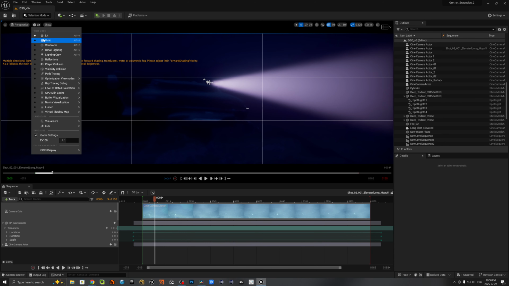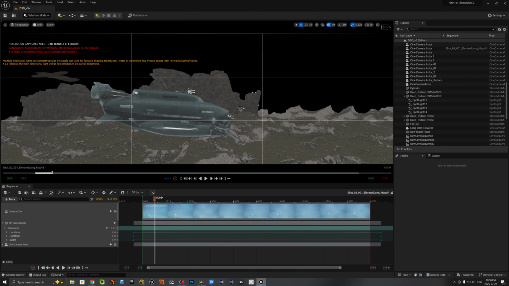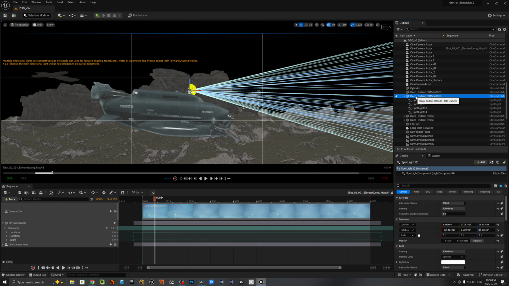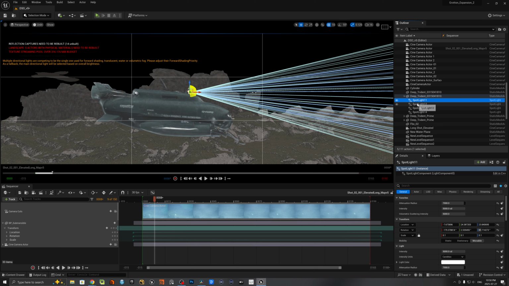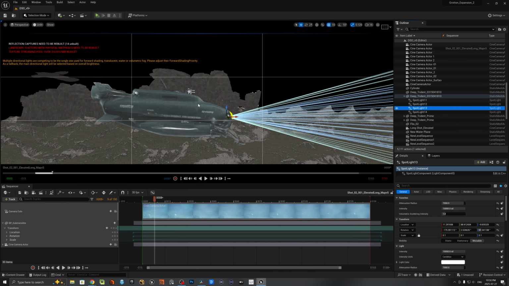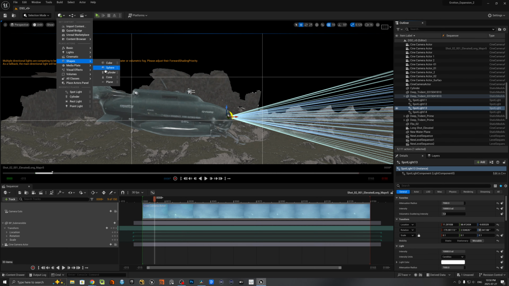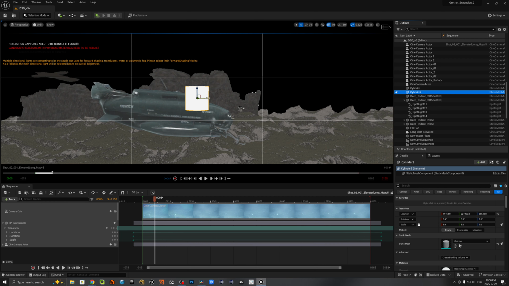Initially I was doing this, and I was in the habit of parenting lights within the actual static mesh of the submersible. But the problem that I was having was that I needed to create a different type of light. So rather than just have a simple light, I needed to create basically geometry. For example, a cylinder, and then I would rotate that cylinder, let's say like 90 degrees here,